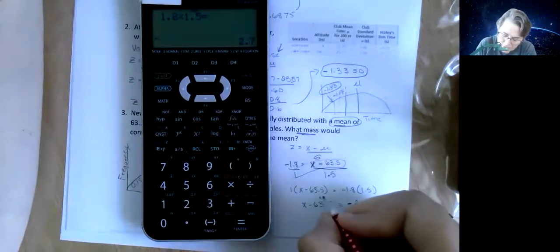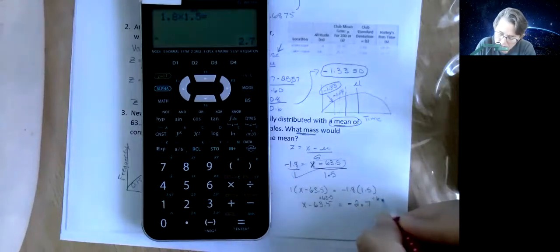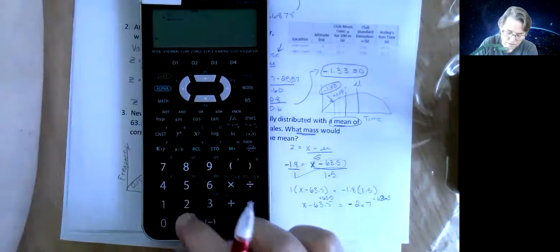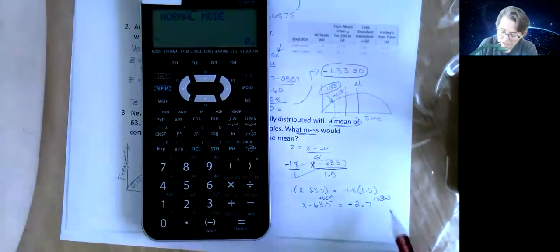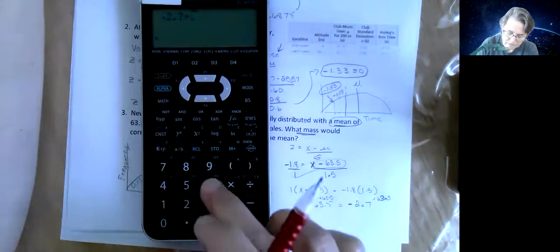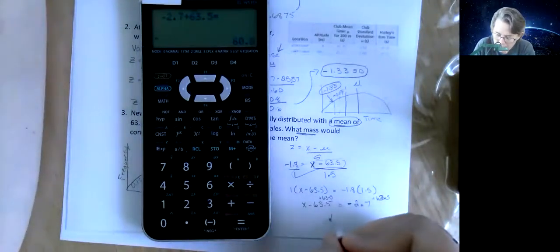Now I'm going to add 63.5. Negative 2.7 plus 63.5 is 60.8. So x